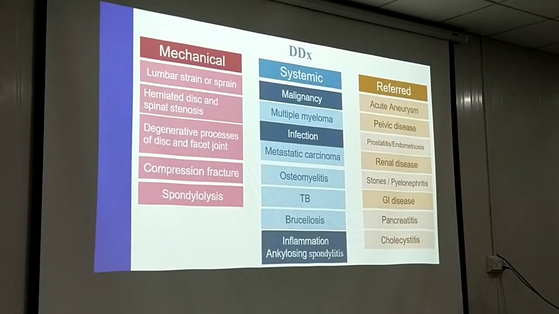Differential diagnosis is very important. You can make it on the basis of biological examination of the lumbar spine. Mechanical includes lumbar strain, herniated disc, and spinal stenosis, degenerative process of disc and facet joint, compression fractures,